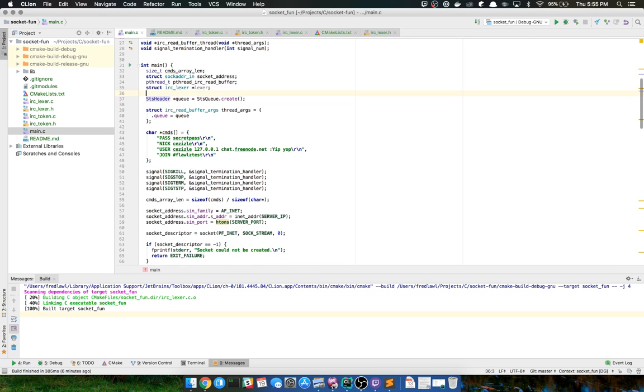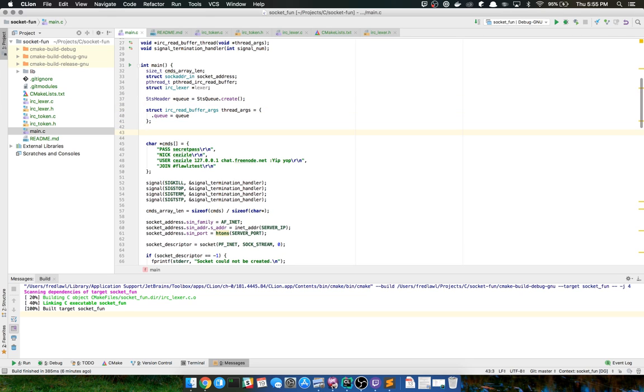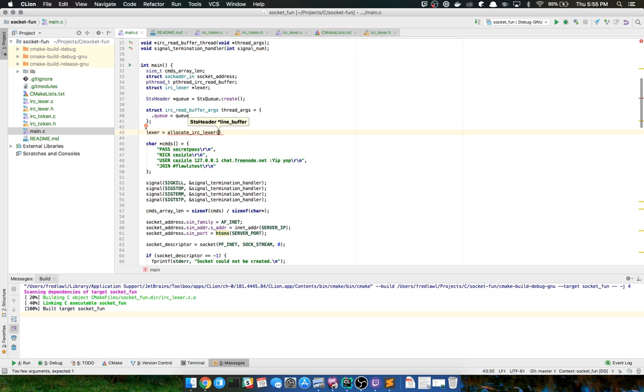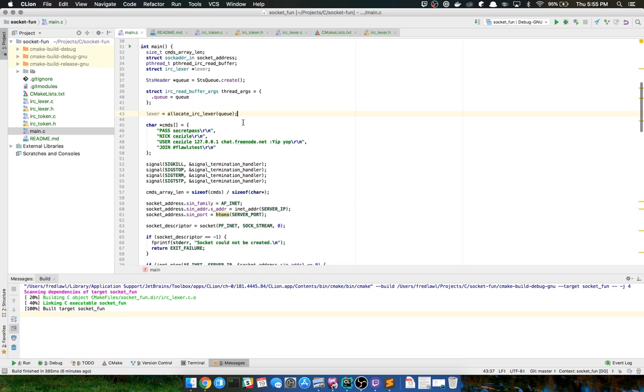I have to separate our normal setup from our definitions here. And then I'm just going to do lexer equals allocate lexer. And here we're going to pass in the queue, and that should take care of that.